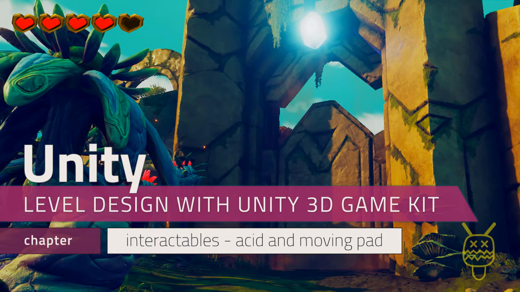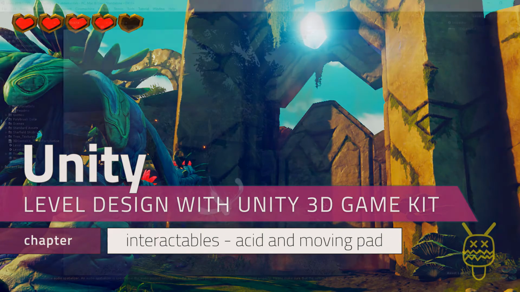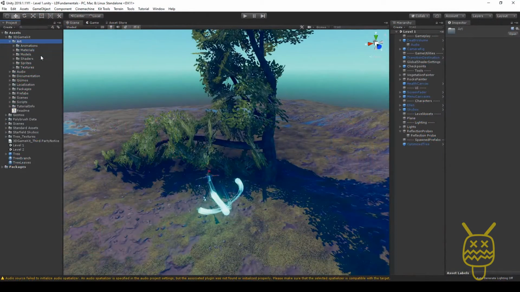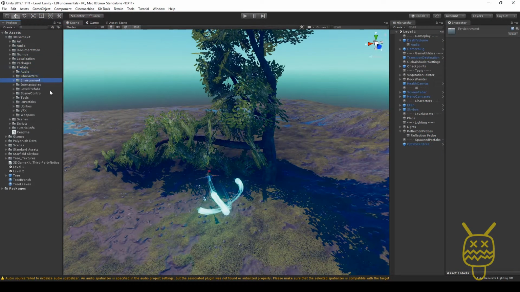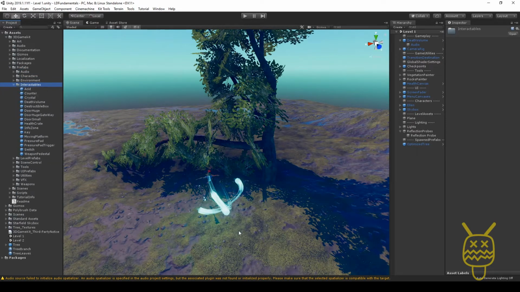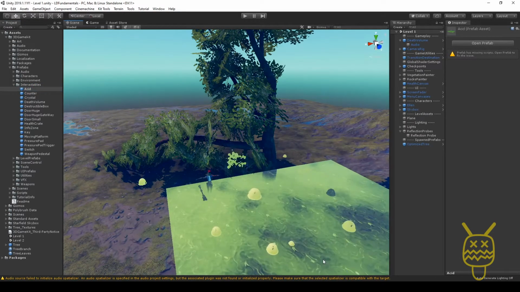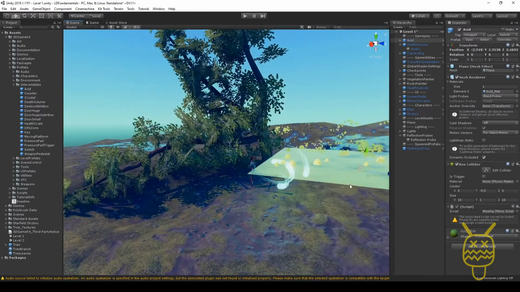Working with the objects inside of the 3D game kit, if you go inside of here, the ones you're going to want to use are the ones called the prefabs. Prefabs, you have interactables. Interactables are going to allow you to interact with the player. For instance, acid. If I was to place the acid inside the scene, just by dropping it in, I'm going